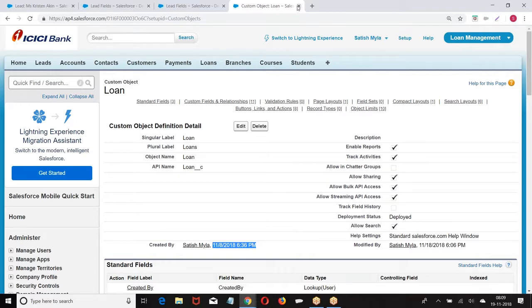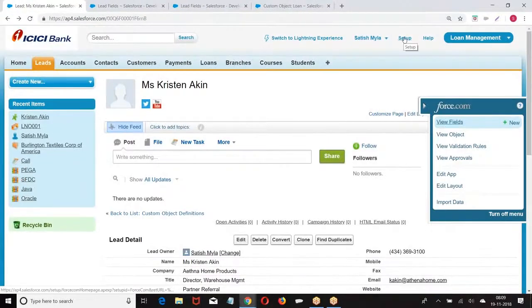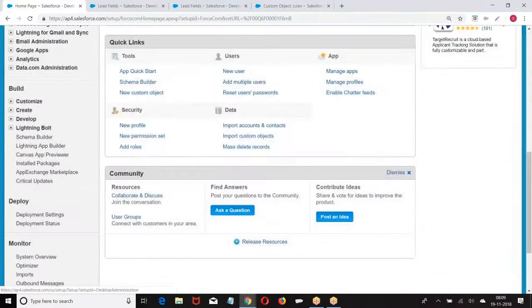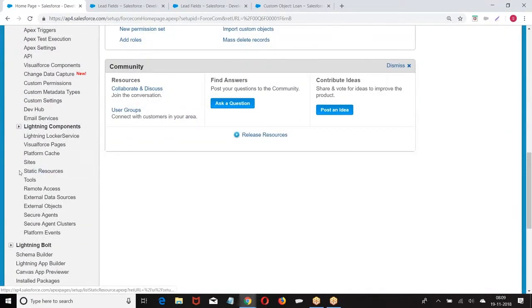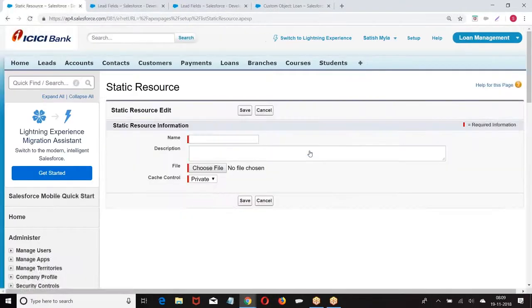If you want to upload your own image, what is the first thing you have to do? Setup, build, develop, static resources, new static resource.